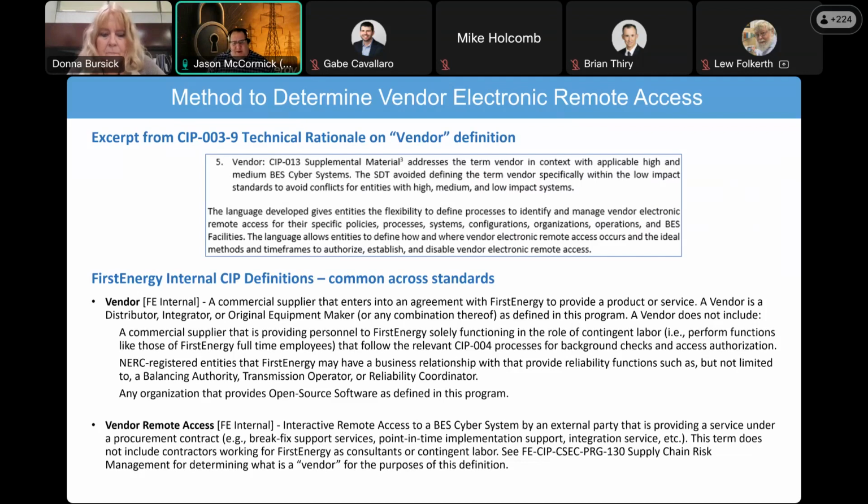So from our perspective, anybody who is coming in and doing labor on any of our covered assets especially, but this is really a corporate-wide situation, each one of those people has to have an individual account that is controlled through our identity management service. So when we talk about a vendor is any combination of a distributor, an integrator, and